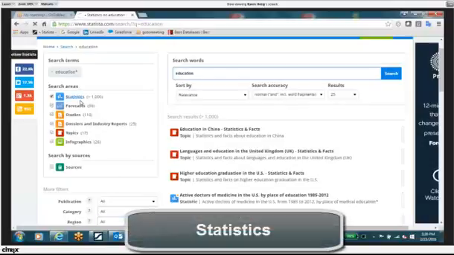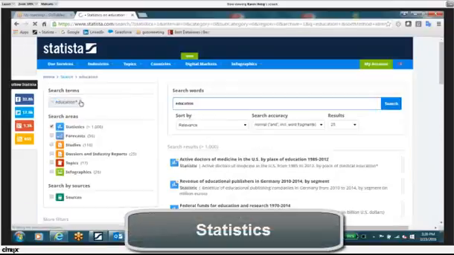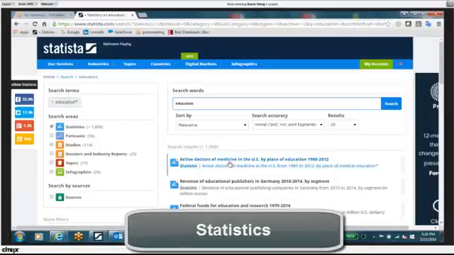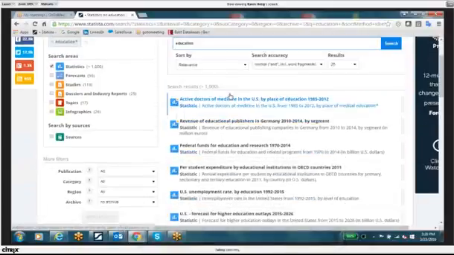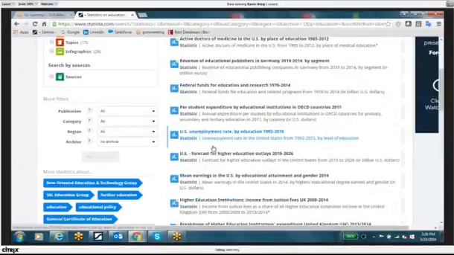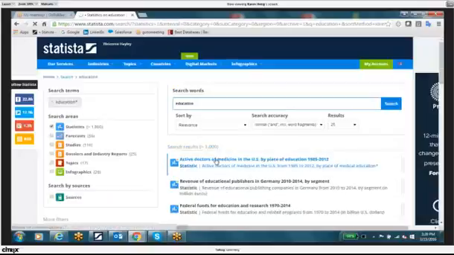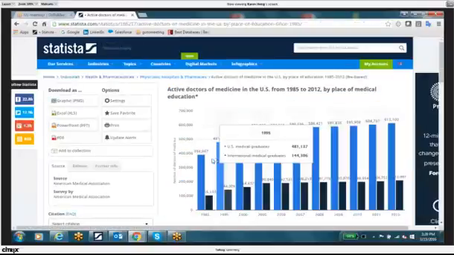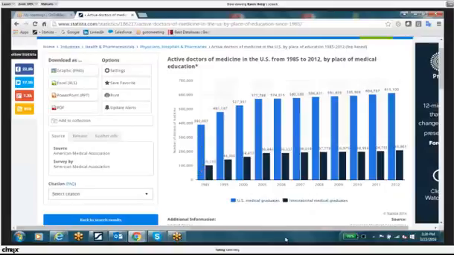We'll start off with statistics. We have 1.5 million statistics on the portal. It doesn't matter which one of these we're interested in. You have the same functionality and the same access with each and every one. Here is the data and information. We could customize it